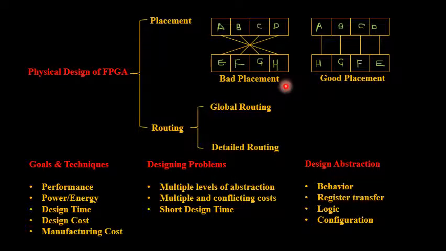If I compare it with the right side, in the same way I am having A, B, C, D blocks, H, G, F, E blocks, everything, and I have used straight connections. When you compare, these wires are nothing but the interconnects, and their length will obviously be very small when compared with the interconnects in the bad placement. Which means that your placement of the block or logic element is going to decide the delay of each individual logic element, and the speed of operation of a particular design or circuit. Everything is going to depend upon how you place each and every individual logic element.